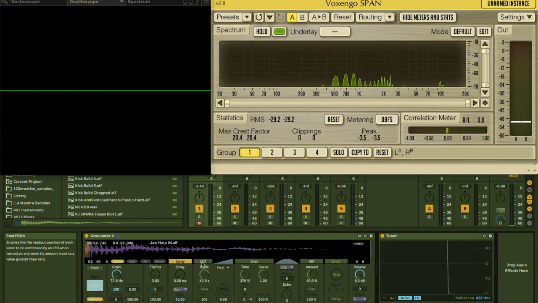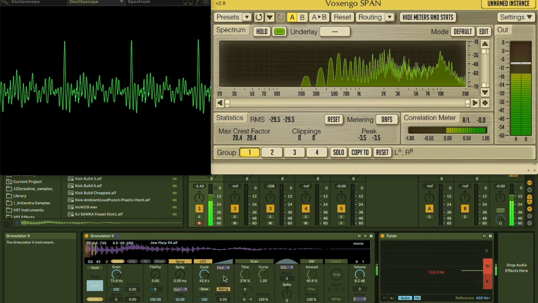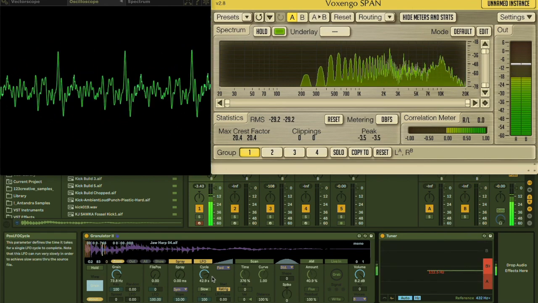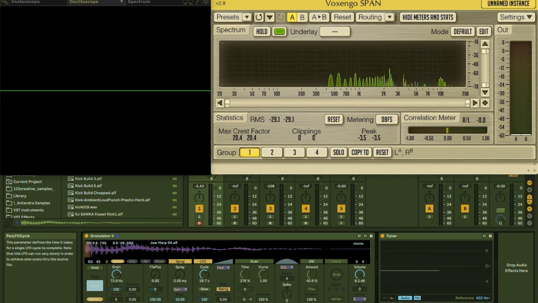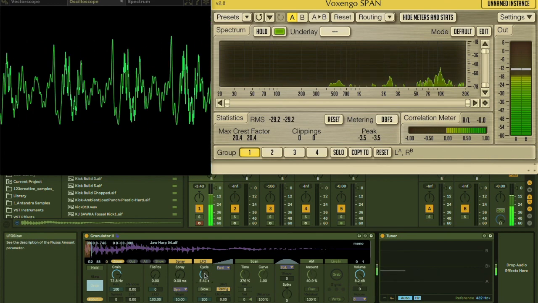Now, if I wanted to use the LFO, I could just turn that on here, and then you can turn up the LFO amount on the file position, or you can use it for the grain size. We'll turn it off on the grain size for now, and let's just hear what that sounds like. Now we have a 42-second cycle, so it's very slow, but if we turn this down,